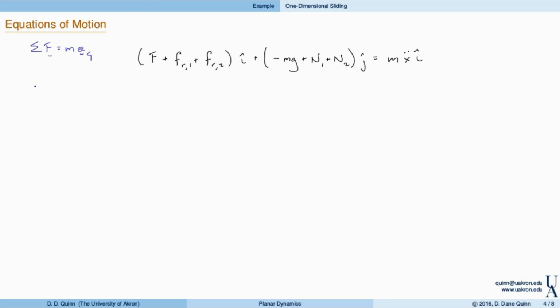Then we also have angular momentum balance. So we'll take the sum of the moments about the mass center, and we'll set that equal to the moment of inertia of the block times the angular acceleration. But of course, here we're assuming no rotation, so alpha is equal to 0. Now, going and calculating the moments produced by these forces,